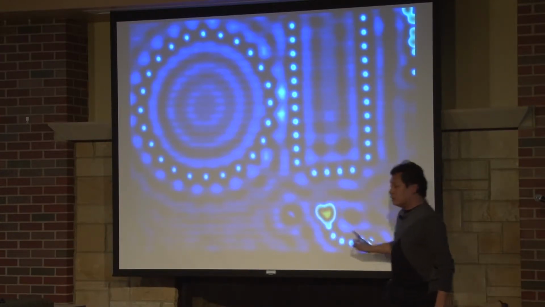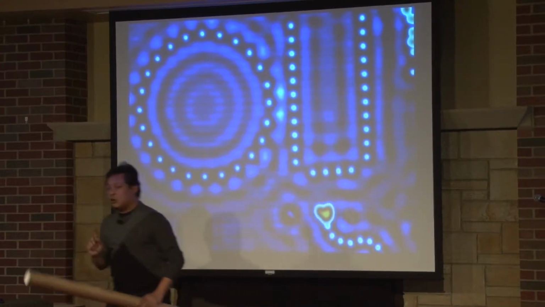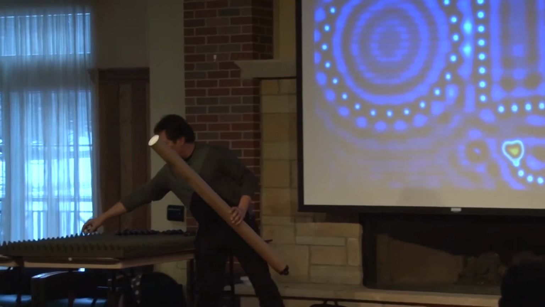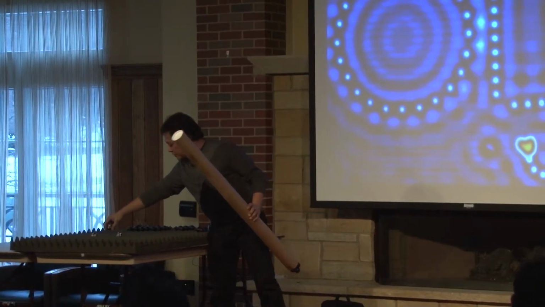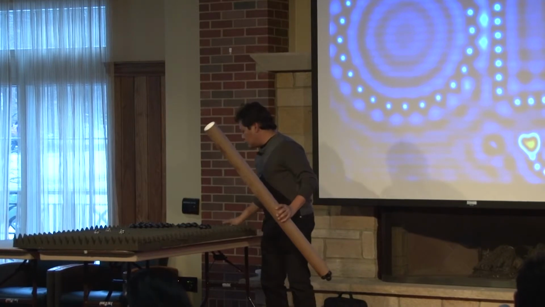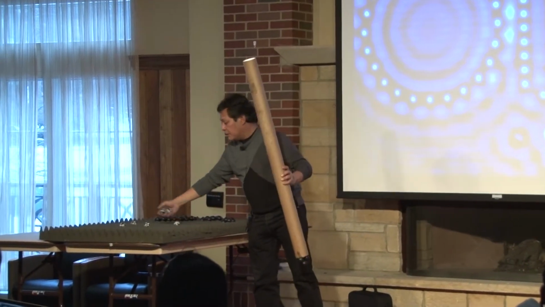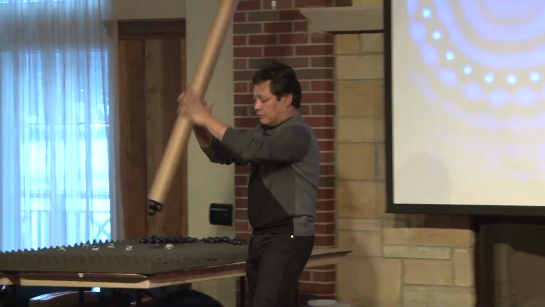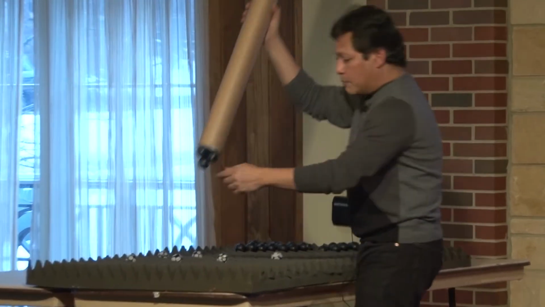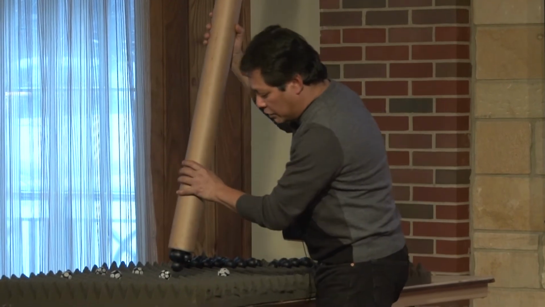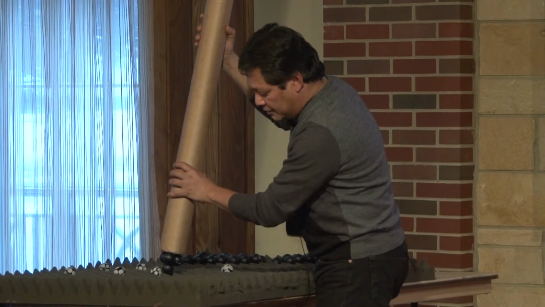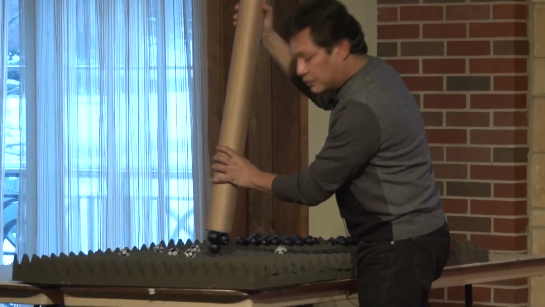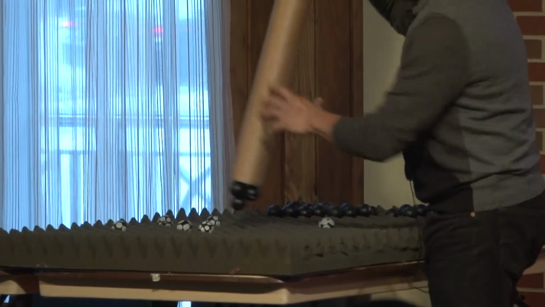So now I'm going to demonstrate how we move the atoms with these little balls. This is the ball shape. Assume that these are atoms on the surface. How do we position these atoms with this tip? You have already seen that we can image the profile of the surface with the tip. Now I'm going to use the same thing. I'm going to kick the atoms like this. That's where the sound that you heard comes from, because when these atoms jump one step, it makes one thump, right?